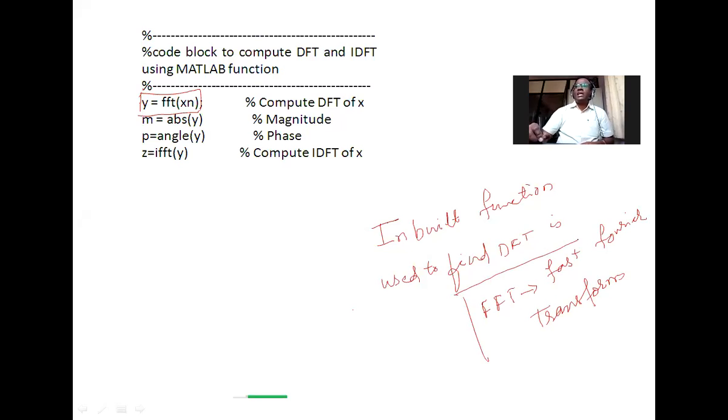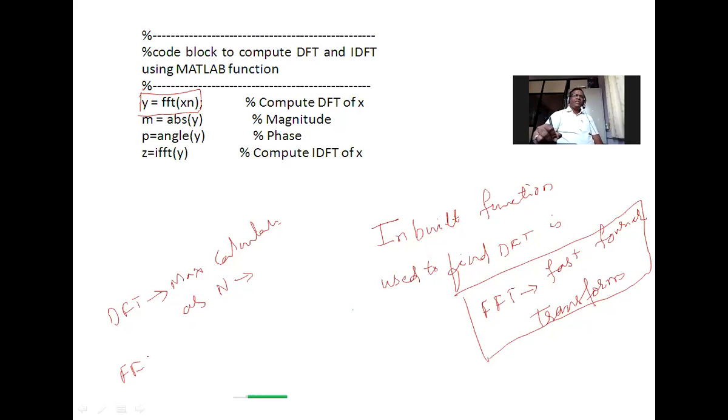But here, as to why I am using this FFT here, let me tell you. As we know that while performing DFT, we require the maximum calculations as the value of n increases. But whereas in FFT, we require less calculations as n increases. So that's why we are using here a MATLAB function FFT to find the DFT